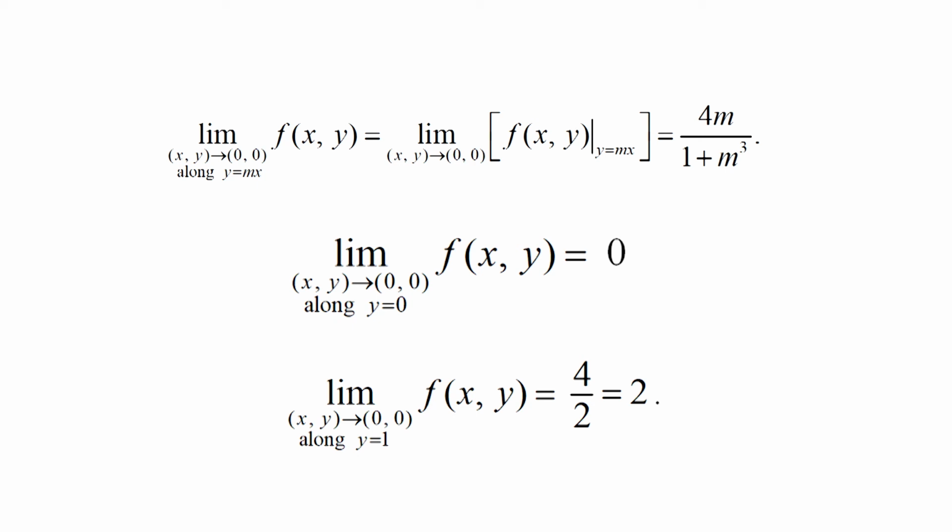There is therefore no single number we may call the limit of f as (x, y) approaches the origin. The limit fails to exist and the function is not continuous at the origin. The following result will be useful to find certain limits.